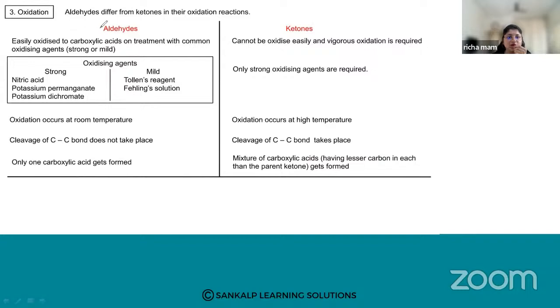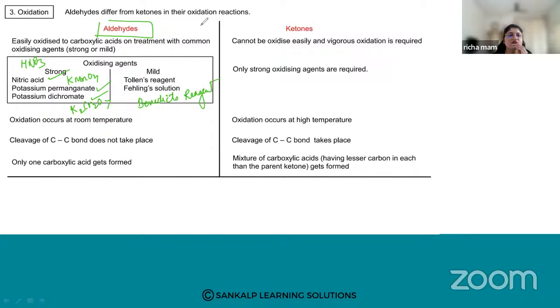So when we do oxidation on aldehydes, the strong oxidizing agents are concentrated nitric acid, that is HNO3, potassium permanganate, KMnO4, and potassium dichromate, K2Cr2O7. And mild oxidizing agents are Tollens reagent and Fehling's solution. Then Benedict's reagent is also a mild